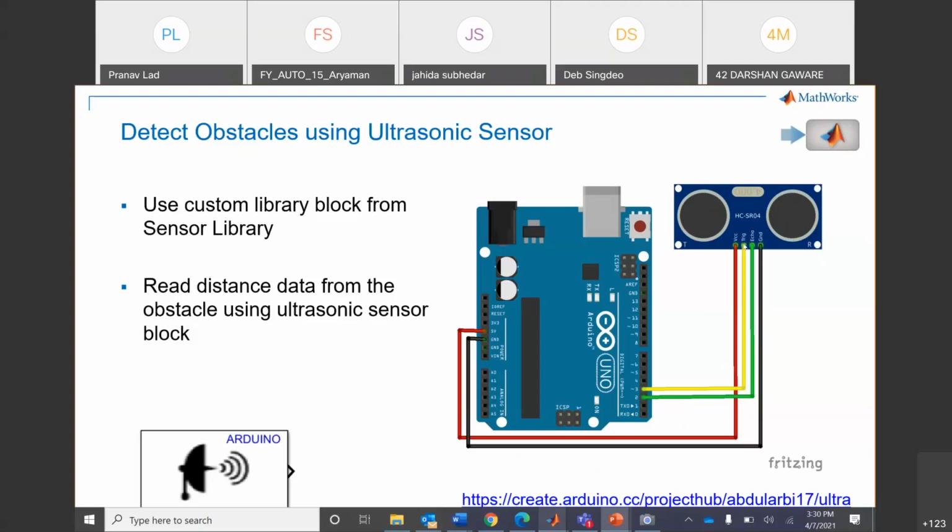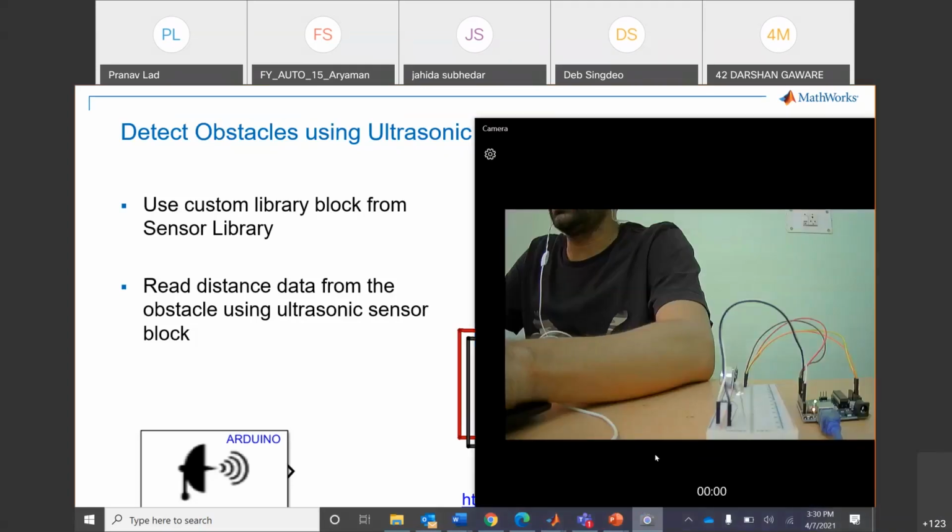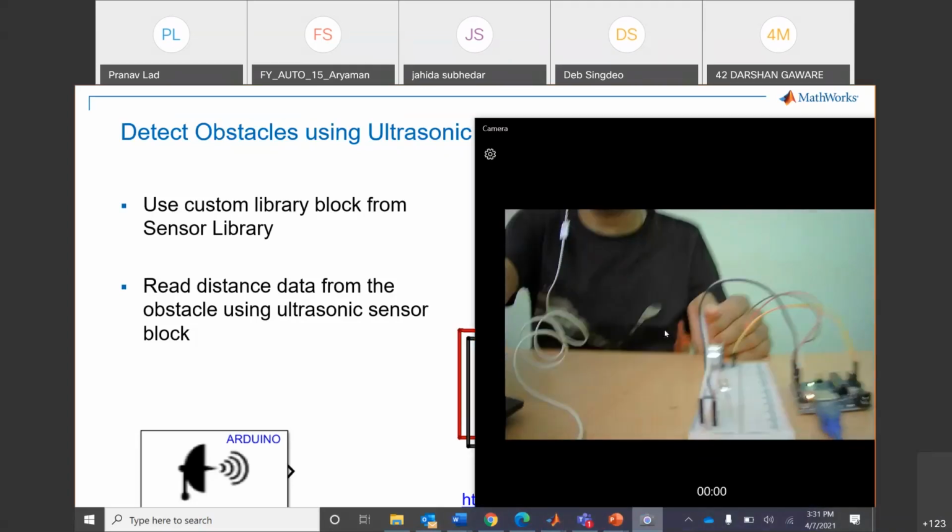Trigger is for triggering that particular signal. Echo measures the echo, the reflected wave coming back, and we are connecting this trigger and echo to digital pins 2 and 3 on the Arduino board. So this is how the connection is. I can also show that in the real hardware that we have.